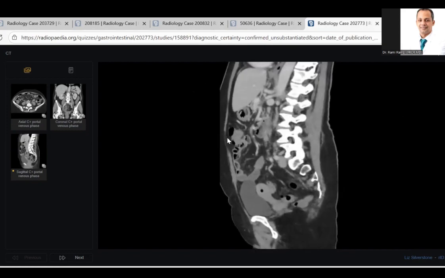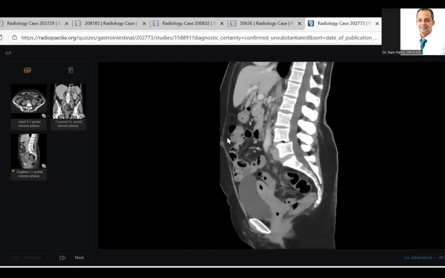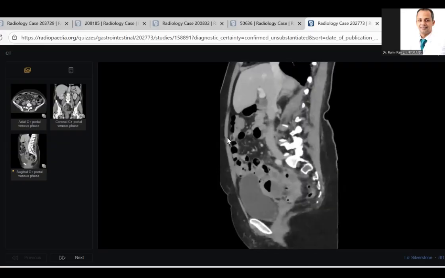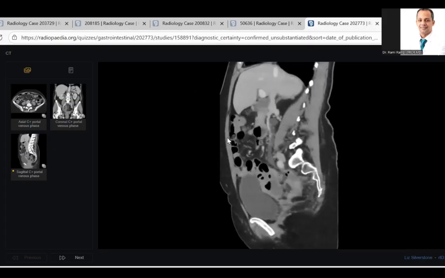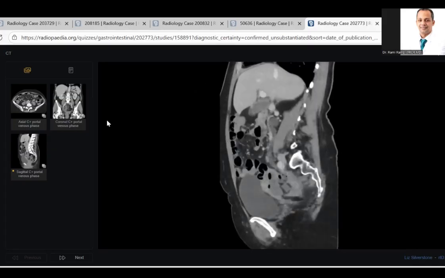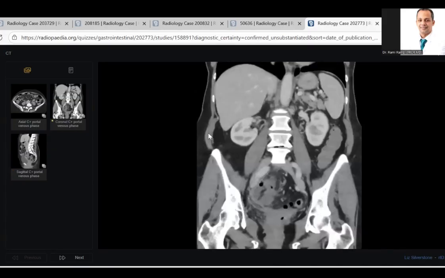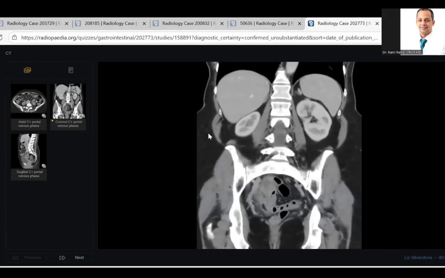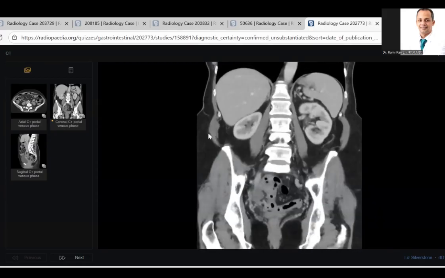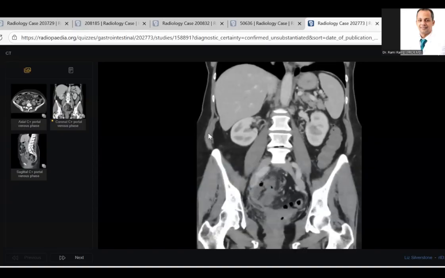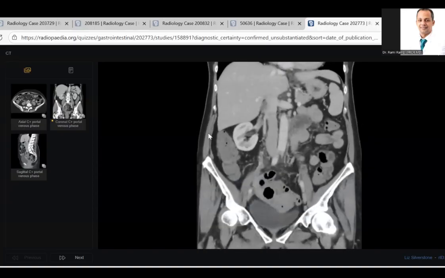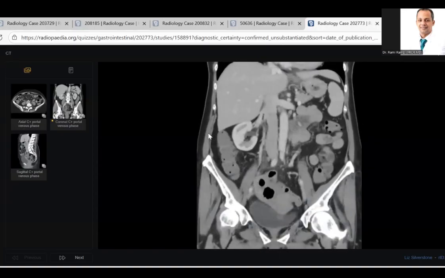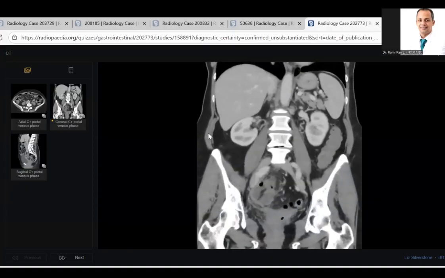So I think it's in the... I think the sigmoid colon is very closely abutting the posterior half of the uterine cavity. So, what's your diagnosis? Sir, I'm thinking of some fistulous tract between the uterus and the sigmoid colon, and I would like to evaluate